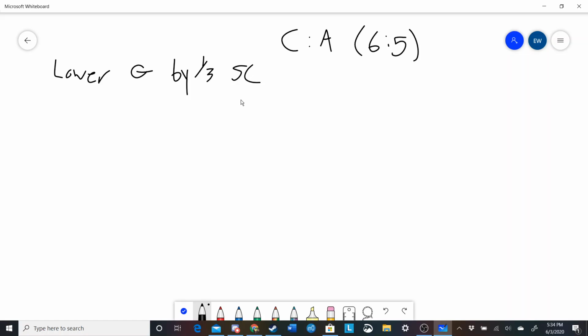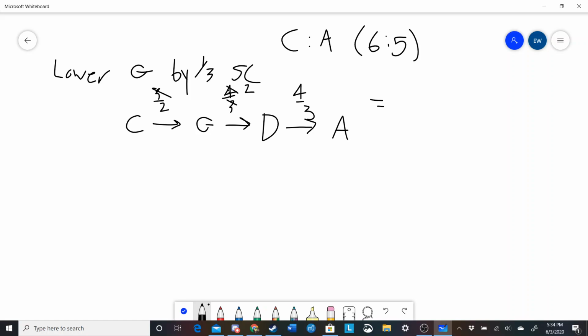So let's construct A. So if we start with C and we move along the circle of fifths, G, D, A, we would be getting 3:2 times, well, this one would be technically 4:3 since we'd be going down a fourth, and then we want to go down actually another fourth here, right? So if we multiply these across, 3 cancels out here, this turns into a 2, cancels there, we get 8/3,